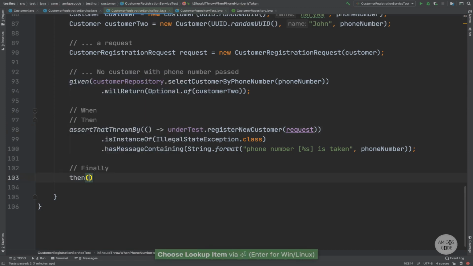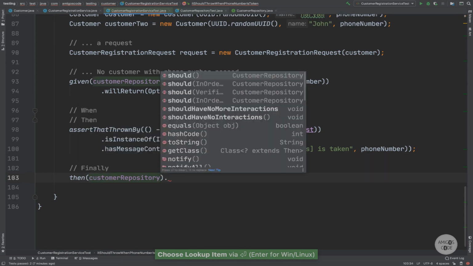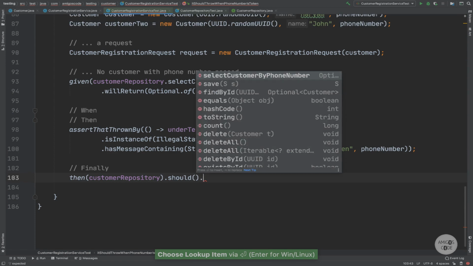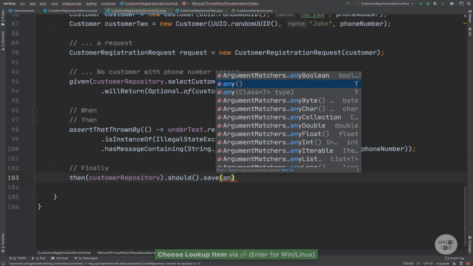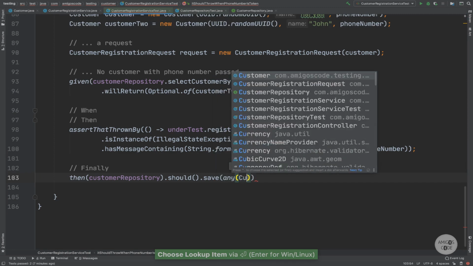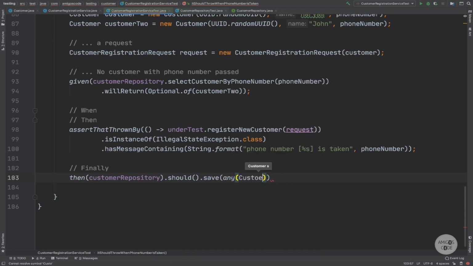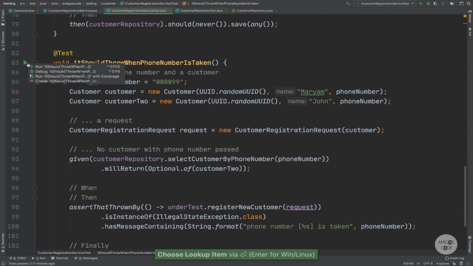So then, and then customer repository dot should dot and then save and then any, right? And you can also specify the actual type right here. So customer dot class. But here let's simply say never. Now if I run this test,